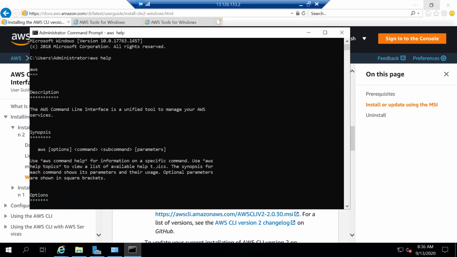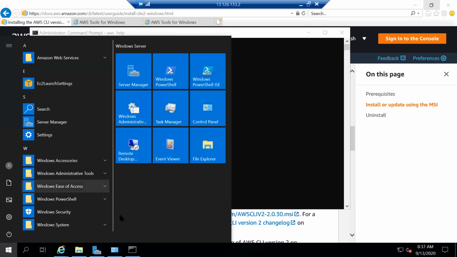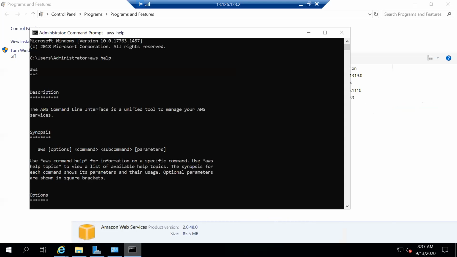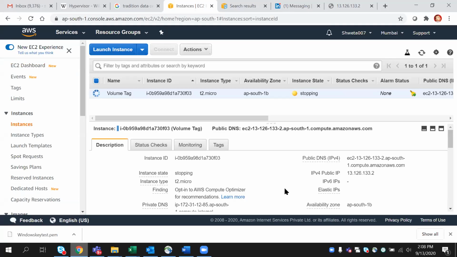So what we can do is keep these machines ready, and let's not delete this machine. But Shweta, you can disconnect from the RDP and shut down this instance, so you will not be charged for it and your hours will not be wasted. All of you, please stop the instance. Otherwise, the 750 hours you are getting will be unnecessarily wasted.